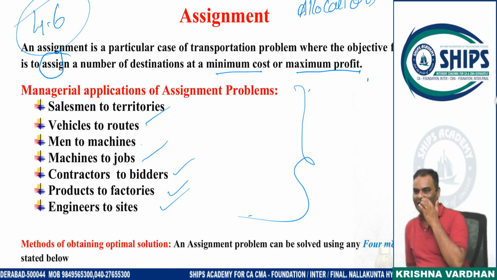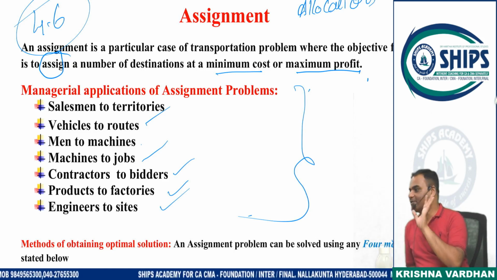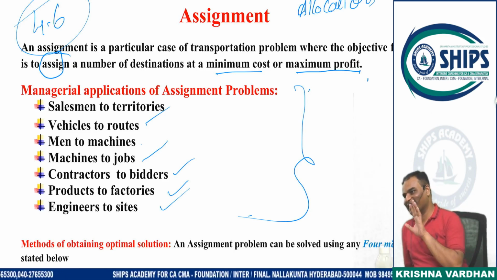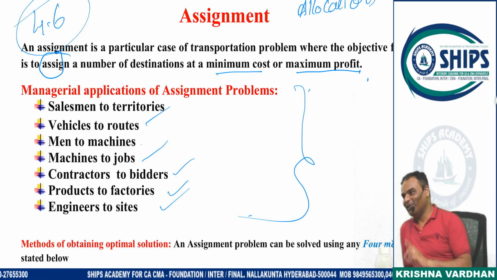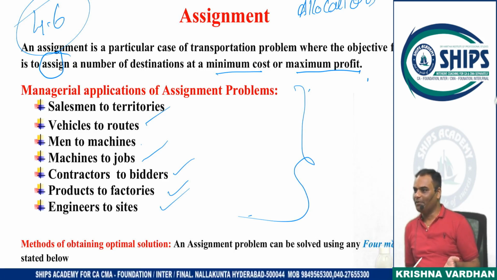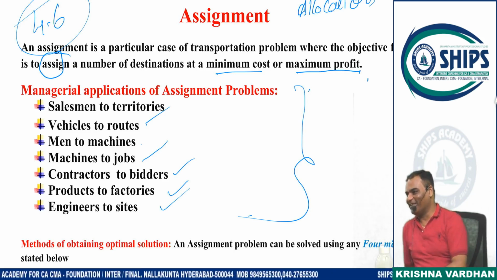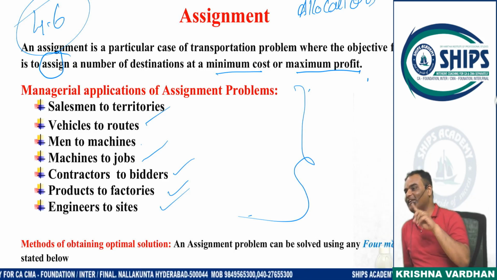Now a simple example I'll tell you. Let us assume there are about 10 students in the class now. Let us say there are 10 benches. I need to assign one bench to each student. Then you say, sir, why is that a problem? There are 10 benches, 10 students, let them sit. That's it, there ends the matter. But when I say optimal assignment,